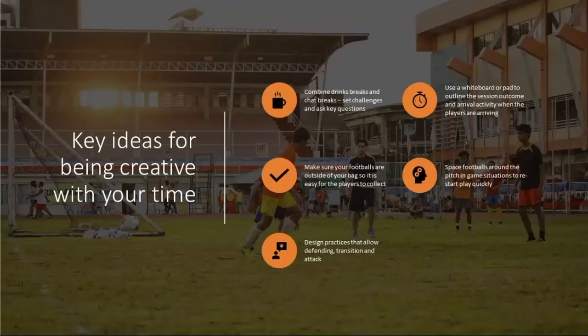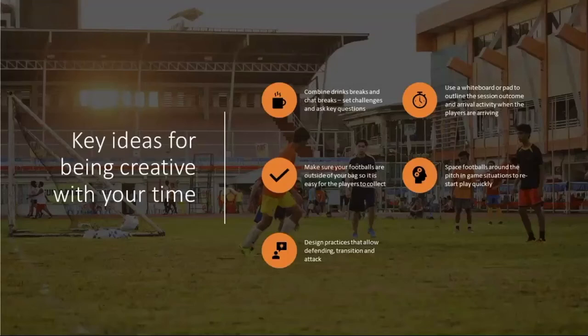But giving them some kind of activity during their breaks, which keeps them really engaged, could be really worthwhile. And again, it depends. If it's December and freezing cold, you might not want to do that. You might want to just get back into the next part of the practice, and that's fine. Almost consider it like another tool in your toolbox.